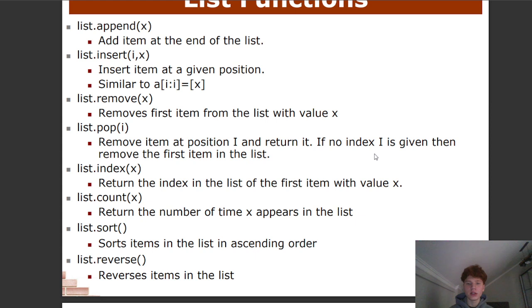If no index is given, then remove the last item in the list.